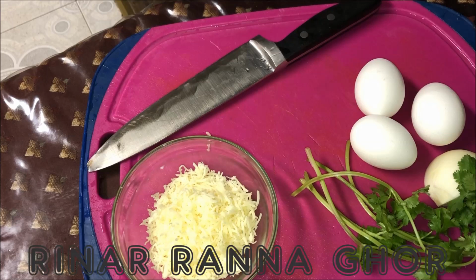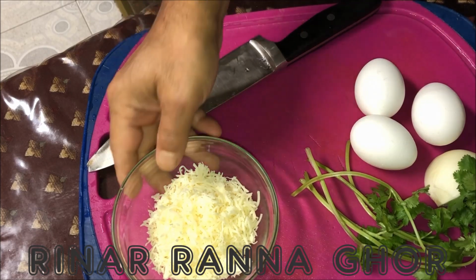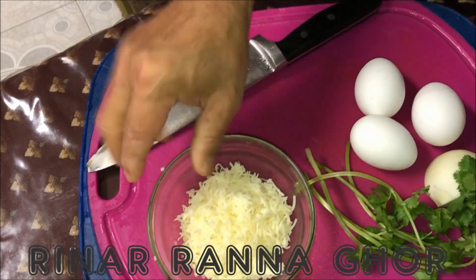Today I'm going to make a cheese omelette. It's actually a spicy cheese omelette. You can say Indian style spicy cheese omelette. So I take some cheese here, grated cheese,